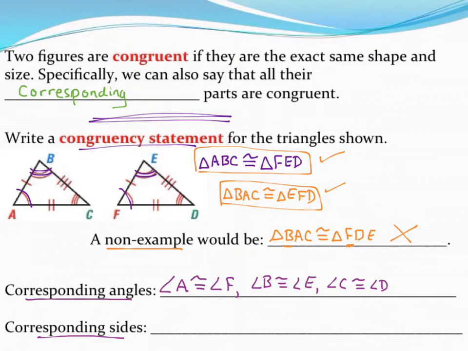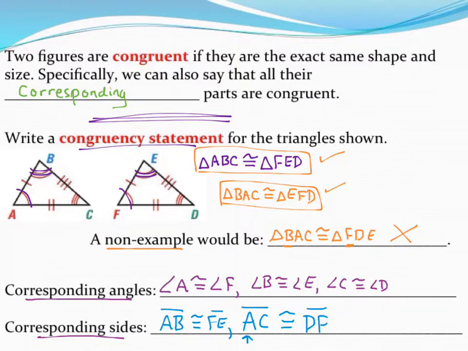Let's go ahead and match up the sides as well. So I'm going to just start with a single side tick mark. It takes 2 letters to label a segment, so I'm going to say segment AB is congruent to segment FE in the second triangle. Those 2 sides match up. My next pair of sides, I'll go on the bottom of the triangle, so I'm going to say side AC or segment AC is congruent to, now I'm going to do DF, and notice that, well, some of you are